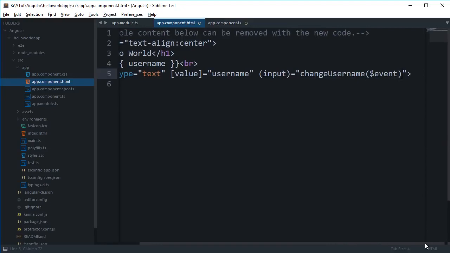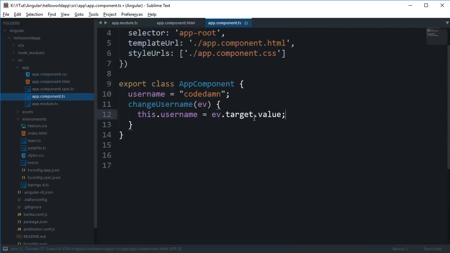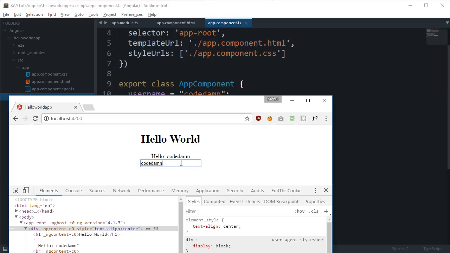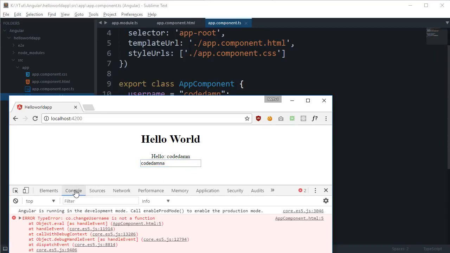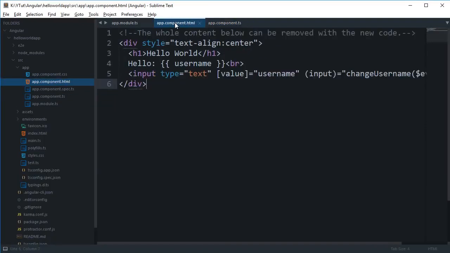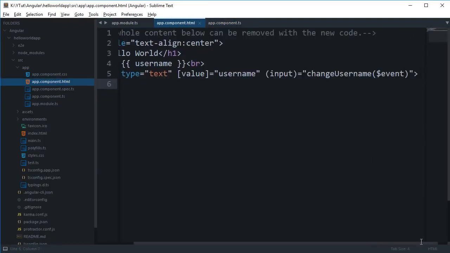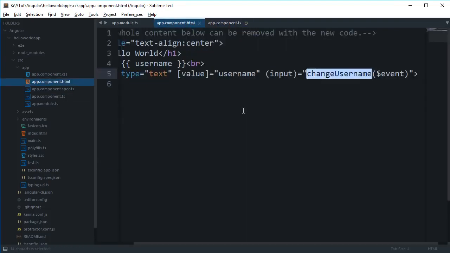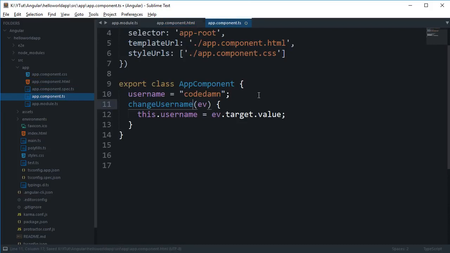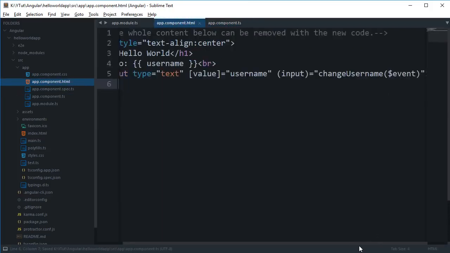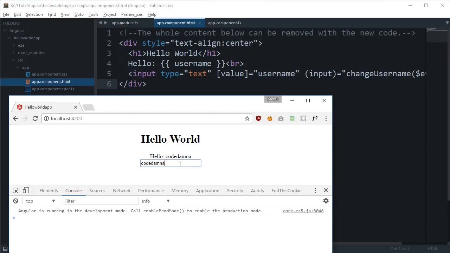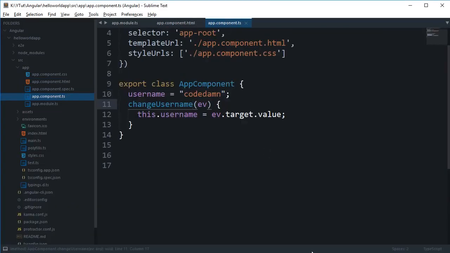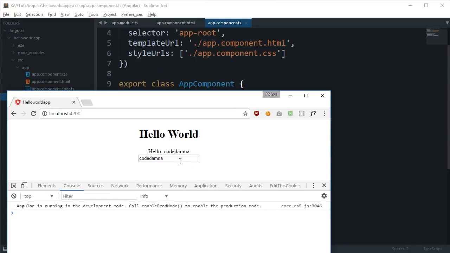Okay, so that looks obvious, and if I write something now, we get changeUsername is not a function. Oh, I guess I didn't save the file. Okay, so now if we take a look, you can see that it works. But